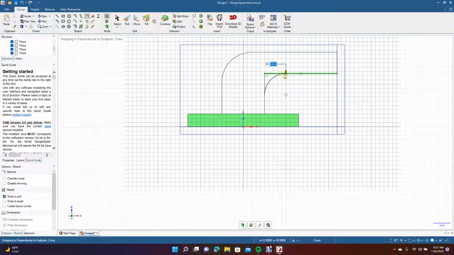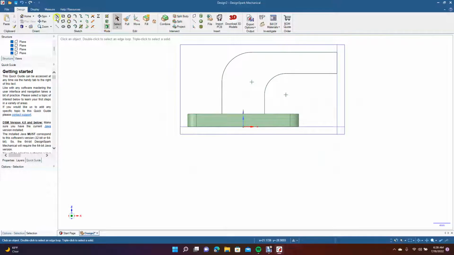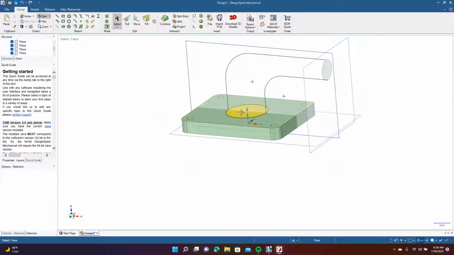And then do 5. Actually 5 here. Okay. So you have something like this. Okay, now you're going to go back to the 3D mode. You're going to come over here to spin. Okay, so now what you have here is a circle here, a bigger circle, a smaller circle, and then you